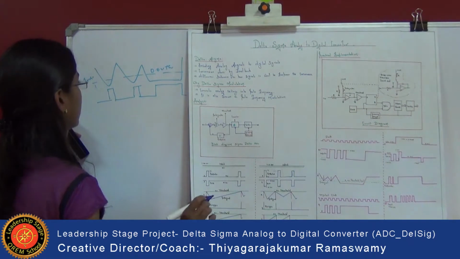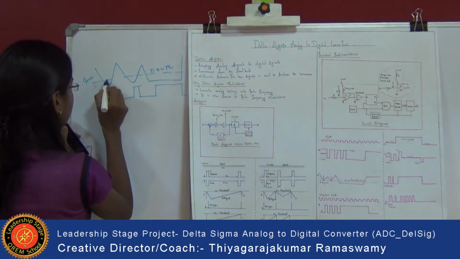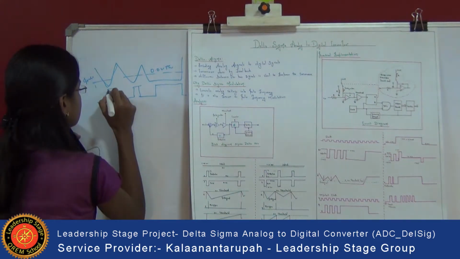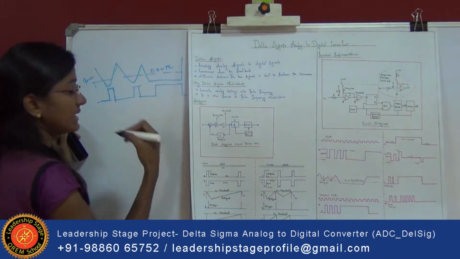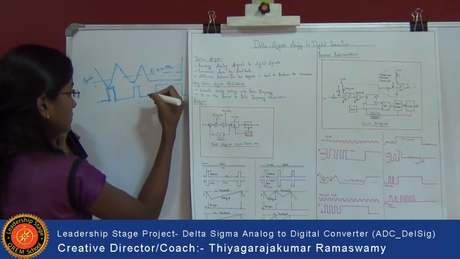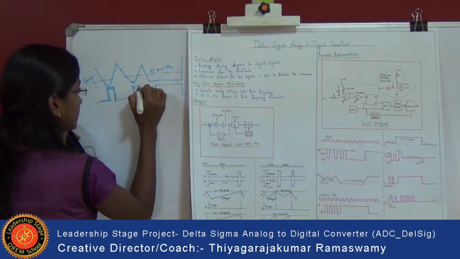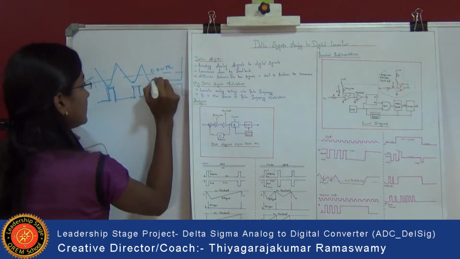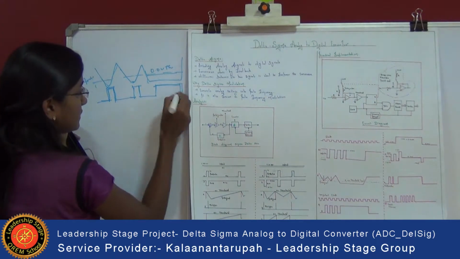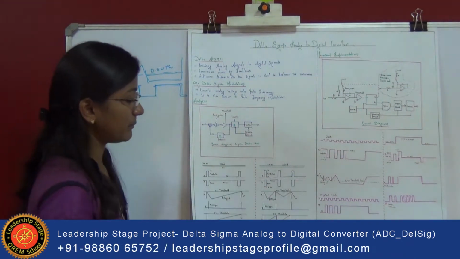So this is the comparator output. Once the integral falls below 0 volt, that is the threshold level, it starts moving positive and produces a positive peak. Here it comes below the threshold level, so it starts producing the positive peak cycle, and here it again comes below the threshold level, so it starts producing the positive peak cycle. This is all about the comparator.